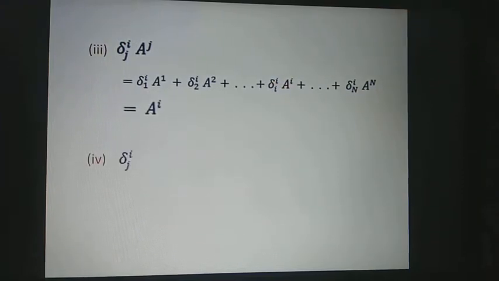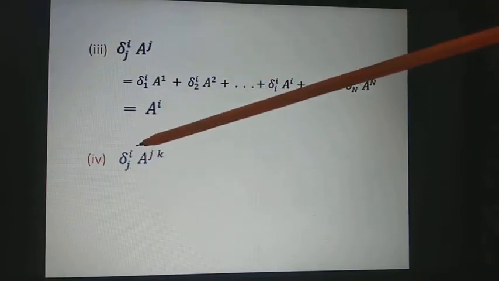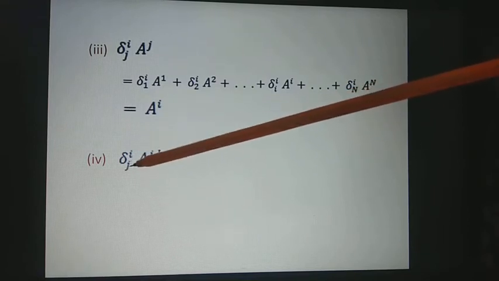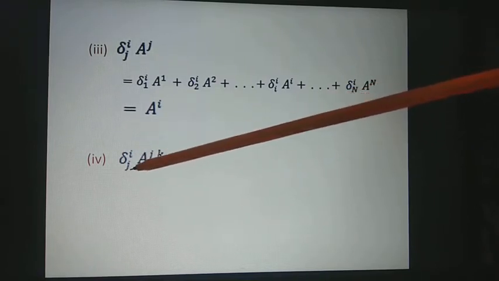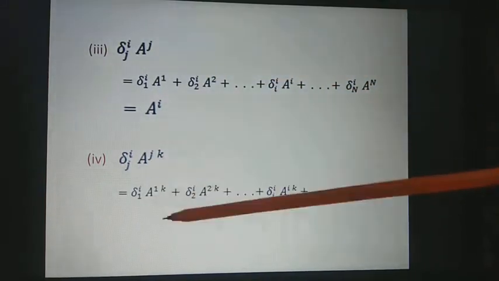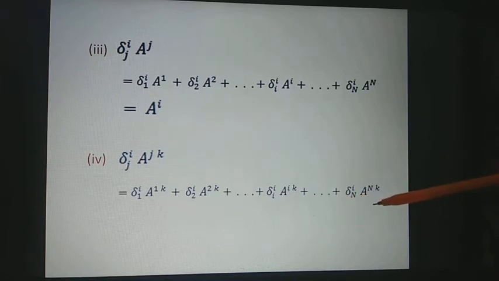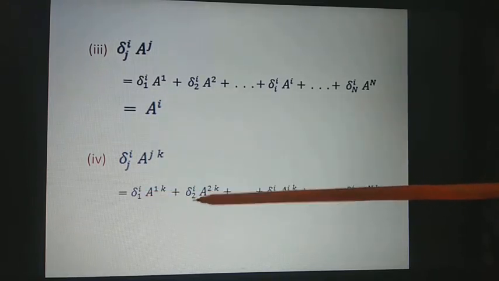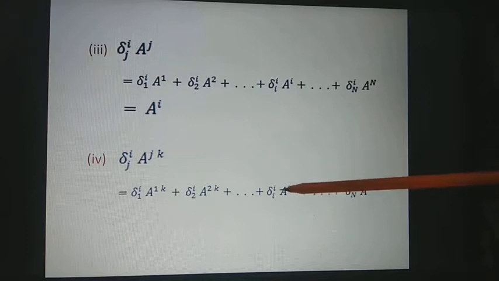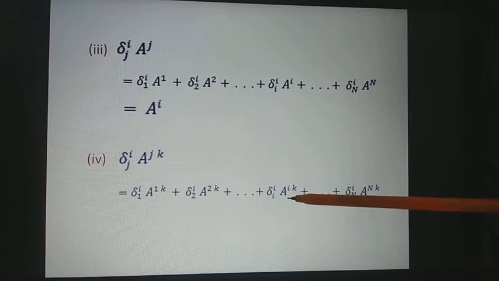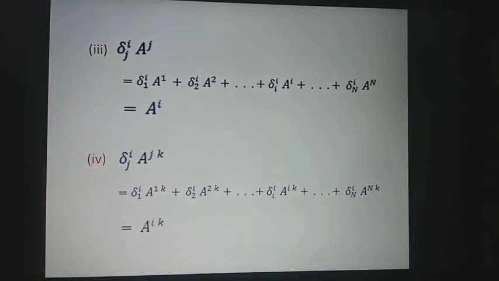Now consider the next result, delta ij ajk. Here also j is repeated twice, therefore the sum is taken over j, and hence we have this quantity as this sum. Similar to this, here this delta ii is equal to 1, and this is 0, this is 0, this is 0. So except this term, all the terms become 0. This is 1 into aik, that is equal to aik.